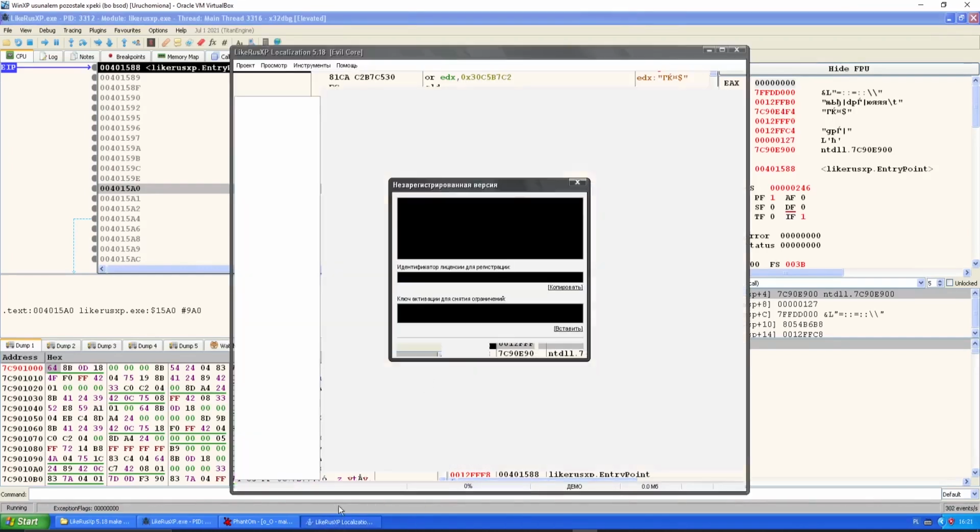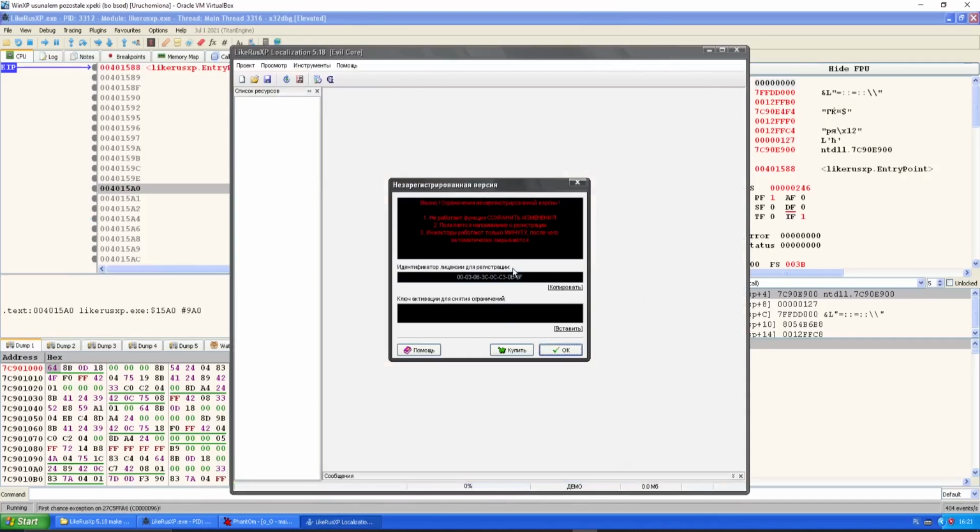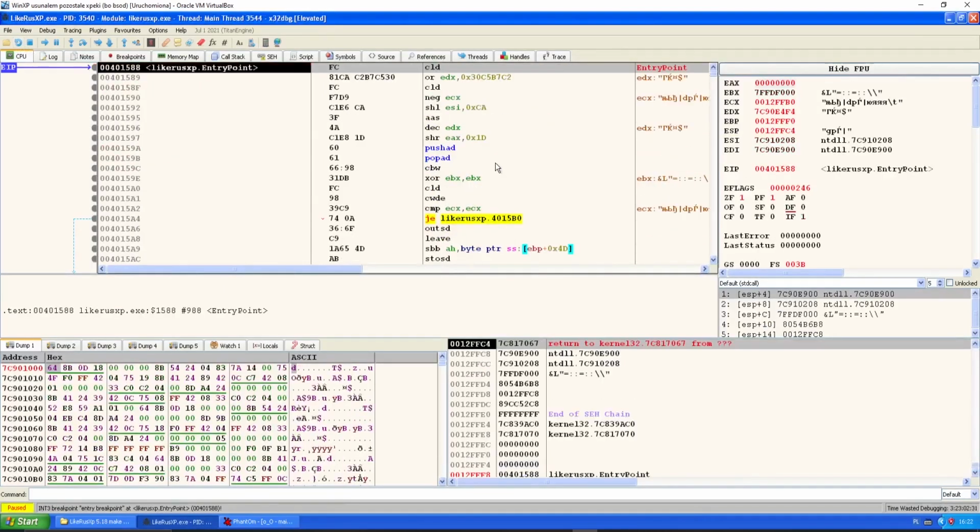Here it is. It launched without any problems under the debugger. So for the beginning,